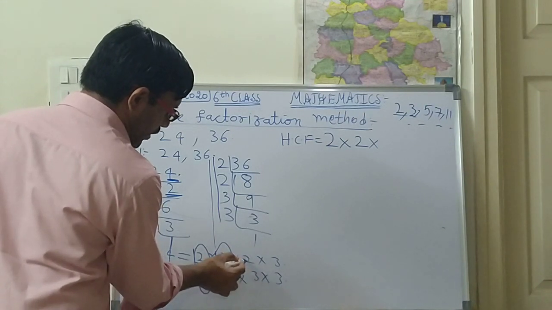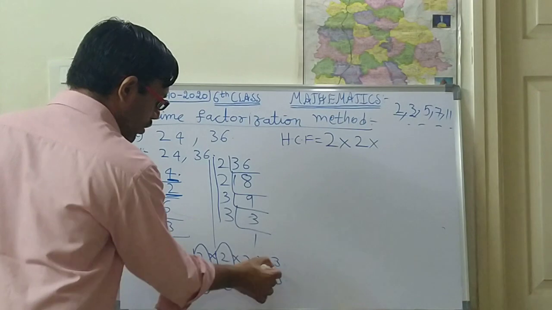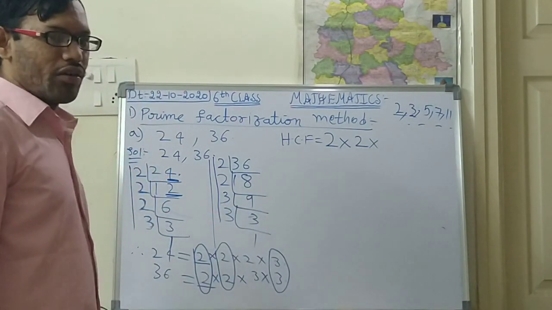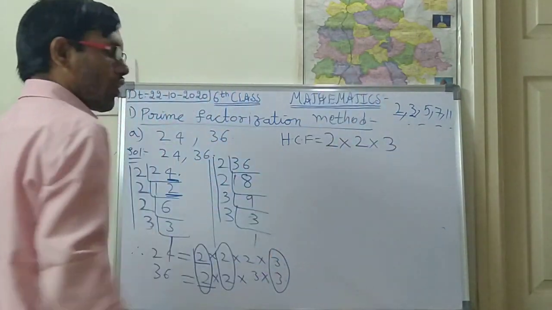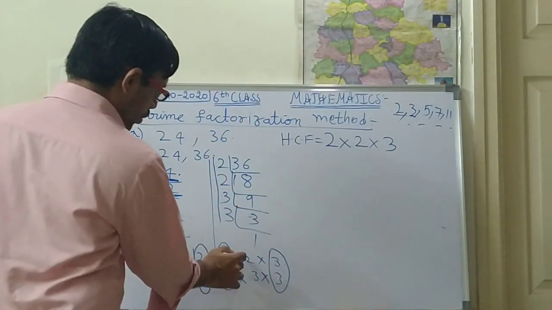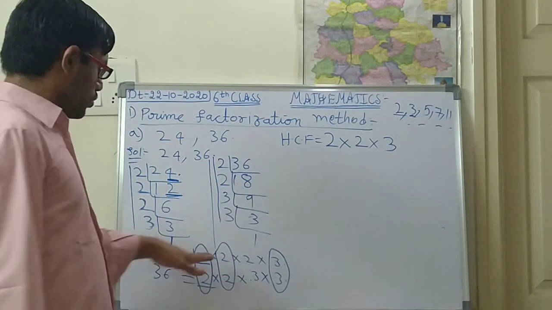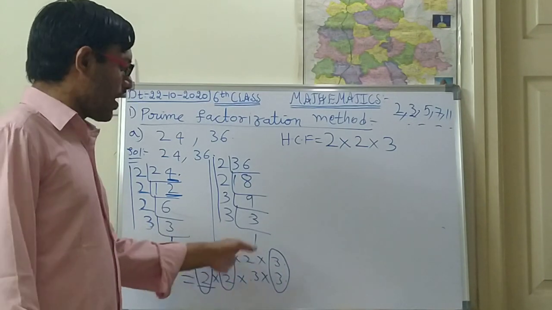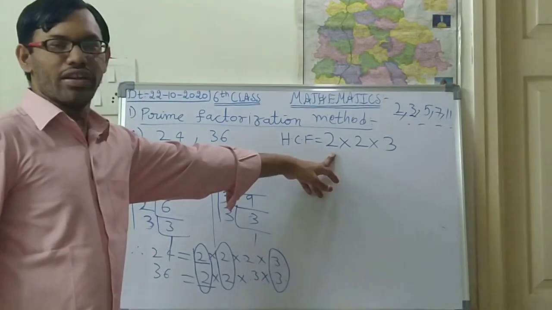See here, 2 is there, but here 3 is there, and here 3 is there. So take one pair. So for 3 3, one pair is there. From this pair you take one number. Afterwards, this is 2, this is 3, both are different numbers. Whatever pairs you find, in the pairs you should take only one number, one digit, to find the HCF.